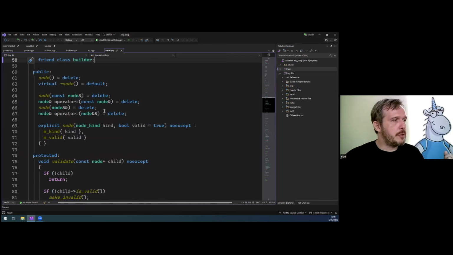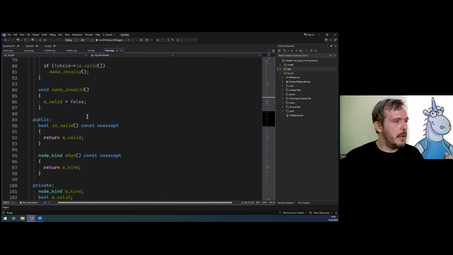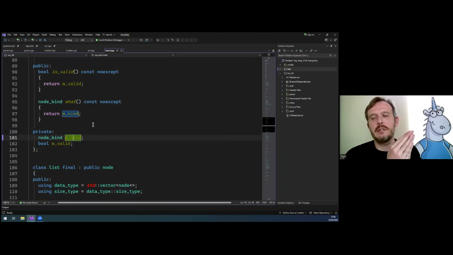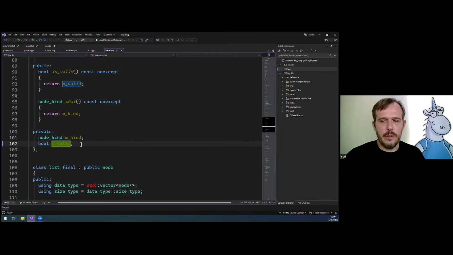And not much is going on here in the base node. It has this node kind thing, which represents, well, basically every class inherited from it will provide a node kind. And it has a flag which indicates whether or not the node is valid. So if we have a syntax error, for example, the place where the error happened will be marked as invalid, and this invalid state will propagate all the way